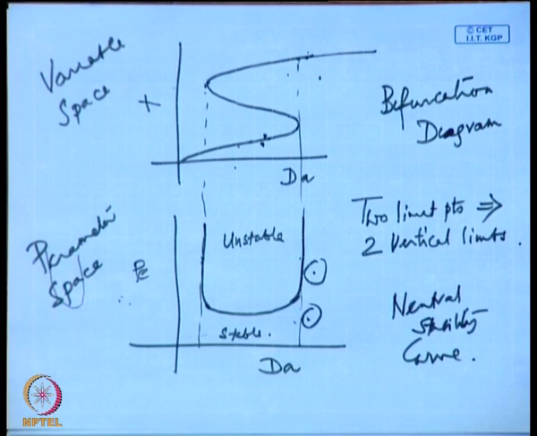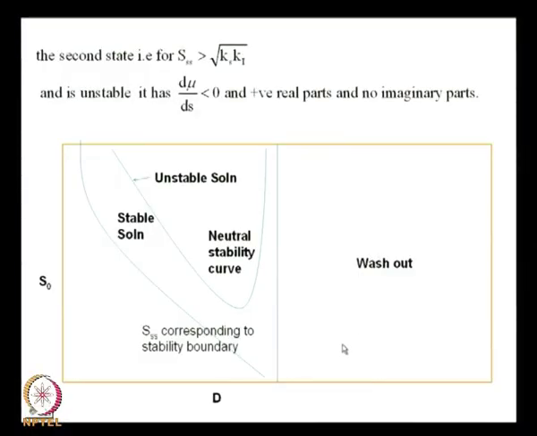Okay. Now, let us go back to the screen. So, this was a generic thing that I showed and this is the actual thing. So, this is the washout case, or in other words this is the trivial solution. Trivial solution means that no product is being formed. So, we are not really worried about this, and this is how my neutral stability curve looks like, and